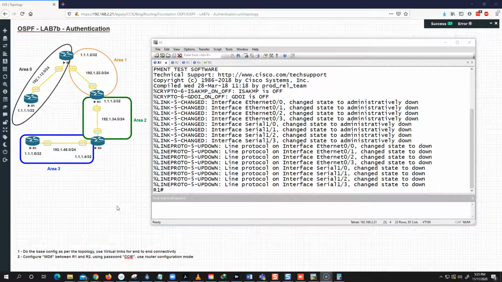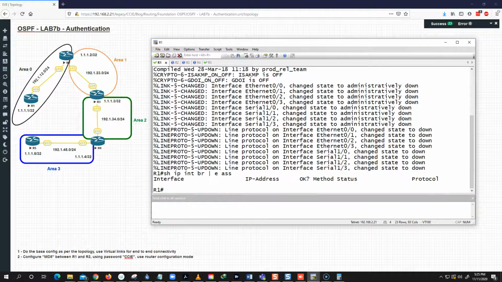Hi guys, welcome back to our next lab, which is authentication part 2. Here, I haven't done any configuration for that, but what I have done in the topology, if you see, is divide my topology from part 1 into different areas. So before we start configuring OSPF and putting them into areas, let's just verify what configuration we have on each